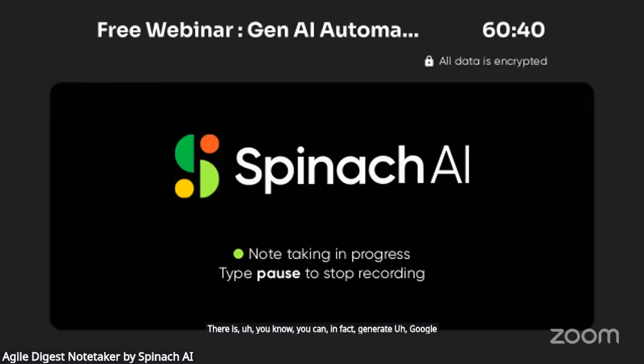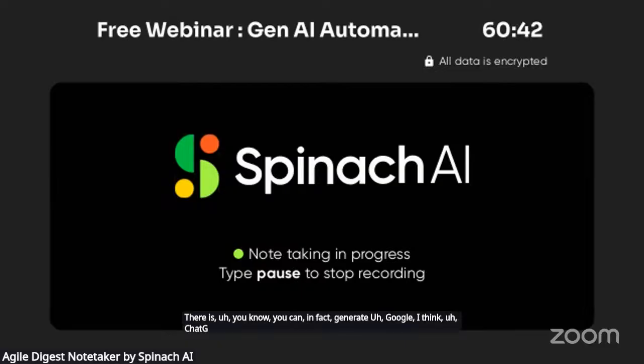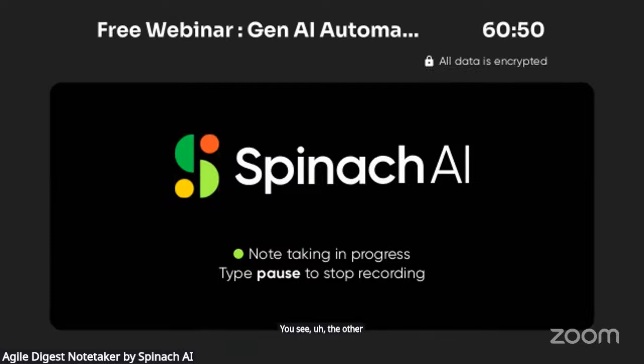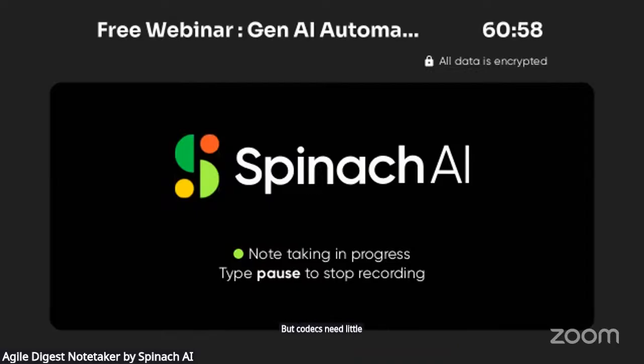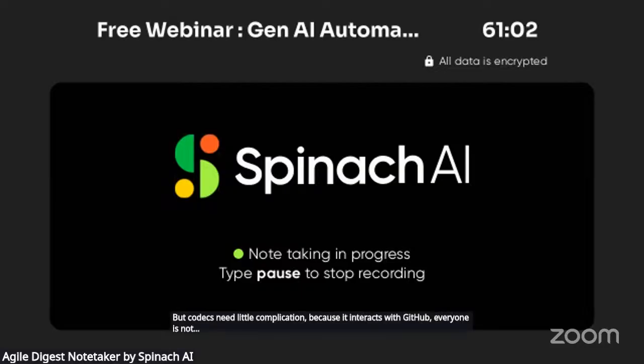I think ChatGPT has now come up with another variation through which very good images can be generated also. There are a few tools available dedicated to generating UI. ChatGPT has something called Codex, but Codex needs a little complication because it interacts with GitHub. Not everyone has familiarity with GitHub, but try to use